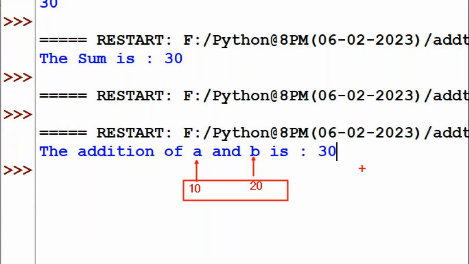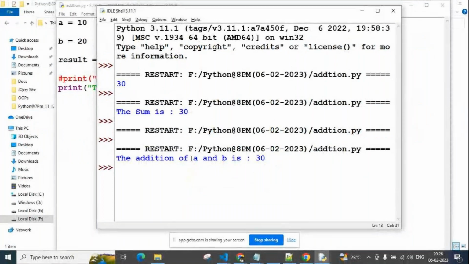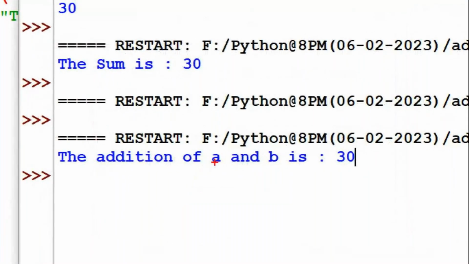Okay, so now if you want to display the values, from here to here is one string, guys. Put a comma here. Next, from here to here is one string, and here to here is also one string, guys.